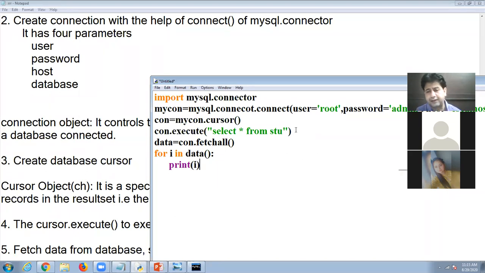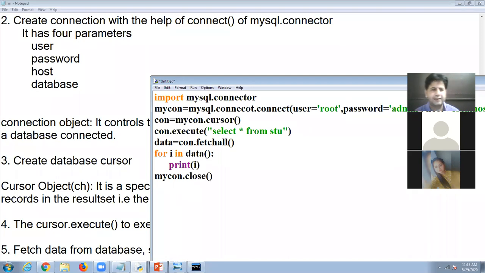And remember one thing, after executing the program, the last step is to close the connection. We started the connection with the help of the connect function. Now close the connection because it will clean the environment. It will clear the environment. So I am closing it by using mycon dot close.